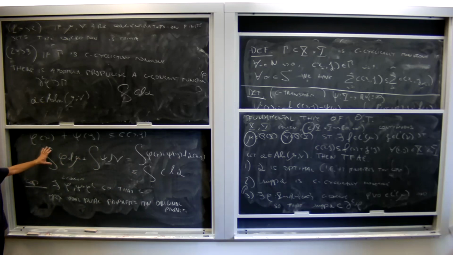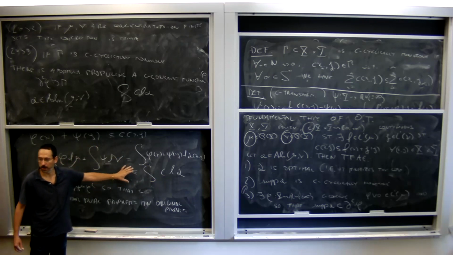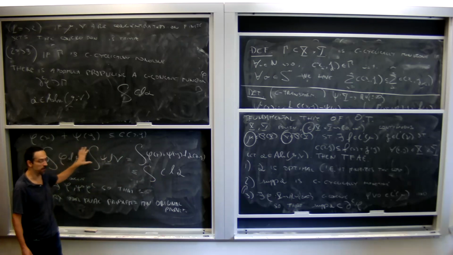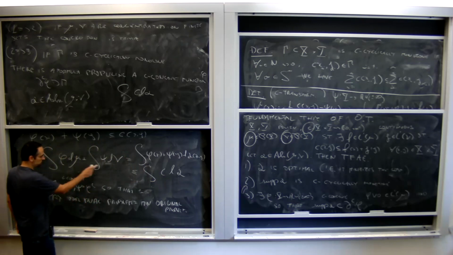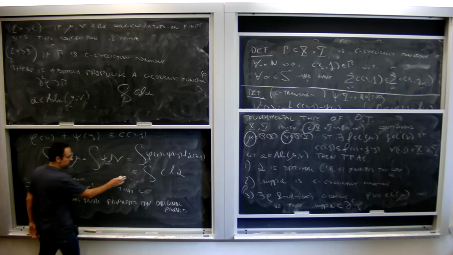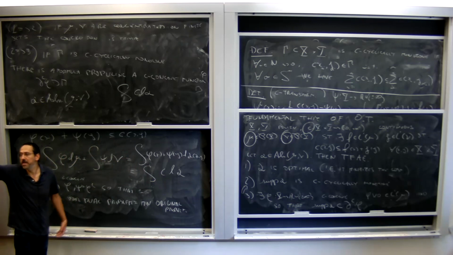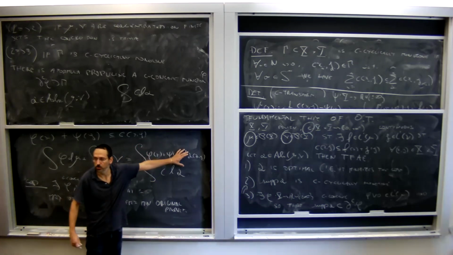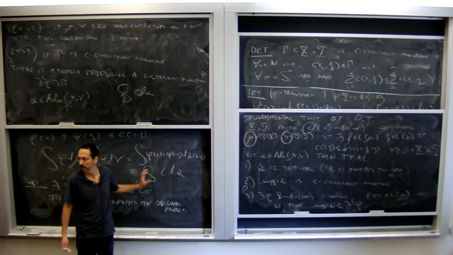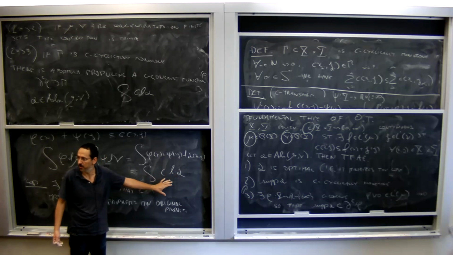As soon as phi, psi, and alpha are admissible, I do have this inequality. I'm almost done. 30 seconds and I'm done. Now, if alpha is optimal, and phi with psi are optimal in the dual problem, then we have equality over here. Right? Now take another beta, which is optimal for the cost. Then we do also have that the integral of phi plus psi in the beta is equal to the integral of the cost function in the beta. Right? Because it is equal to the cost function in the alpha, and the minimizer is the same.